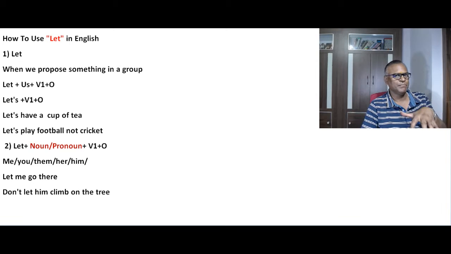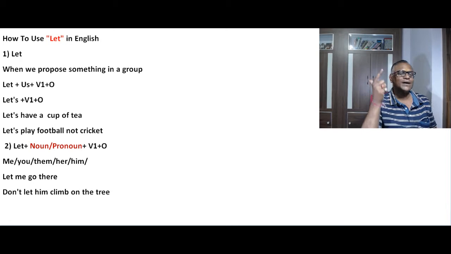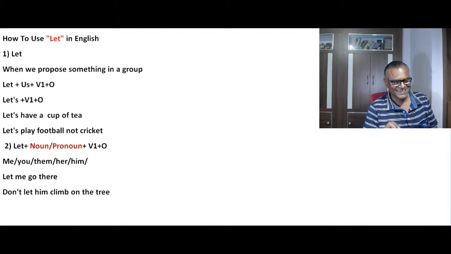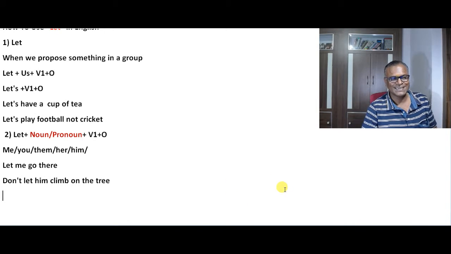Me stop him. He should not climb on the tree because he may fall down from that tree. So like that. So don't means don't allow him to climb. So like that. This is the use of that, and you may use it simple in any tense, like